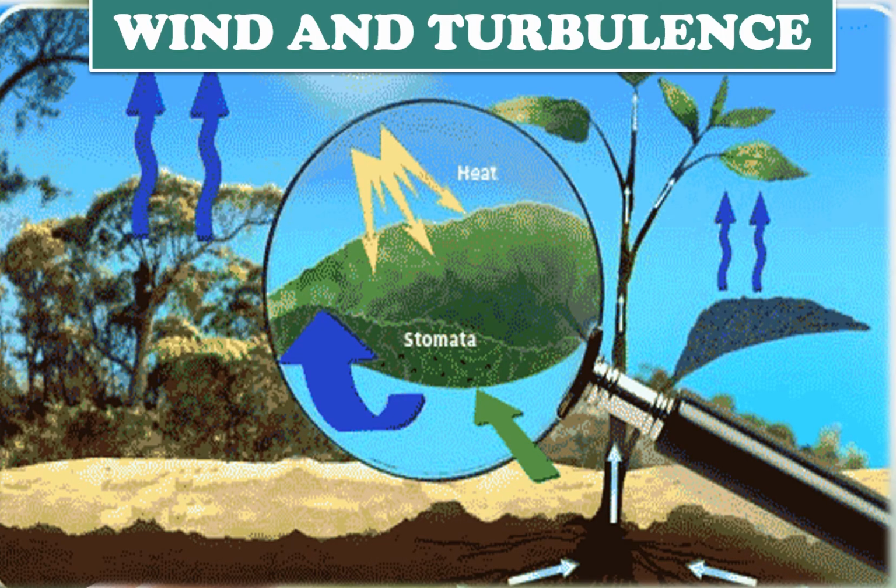Next is wind and turbulence. It can influence heat, transpiration, and evaporation processes. Transpiration occurs when water from plants evaporates and enters the atmosphere to become part of the water cycle. This type of evaporation occurs when the plants open tiny pores on their leaves called stomata in order to bring carbon dioxide in from the air for photosynthesis.